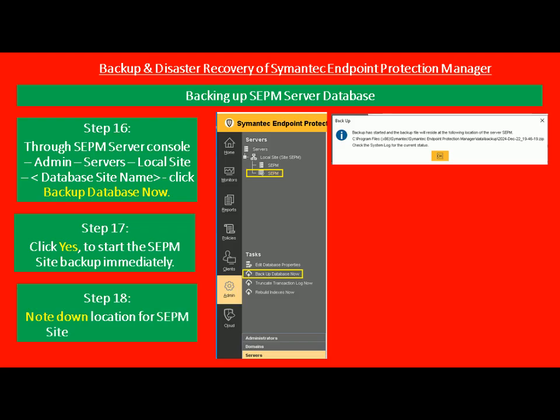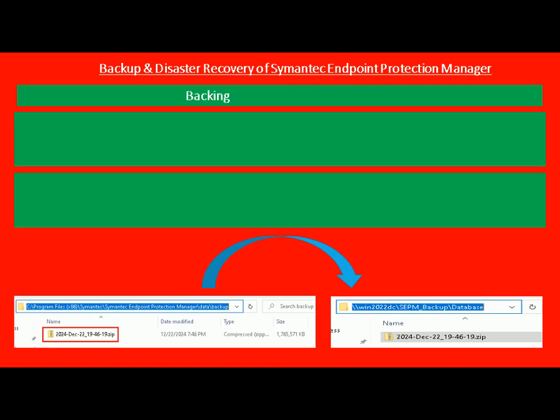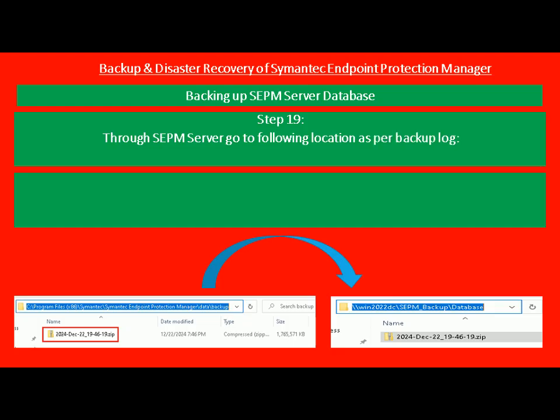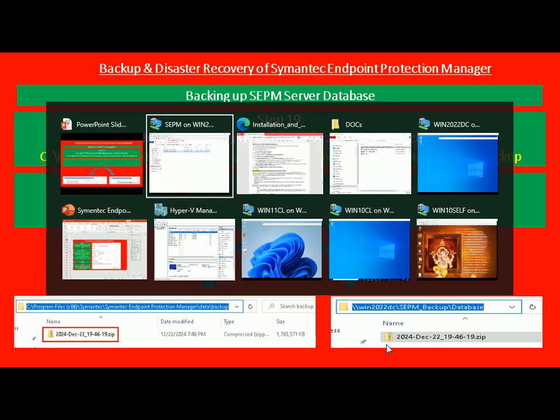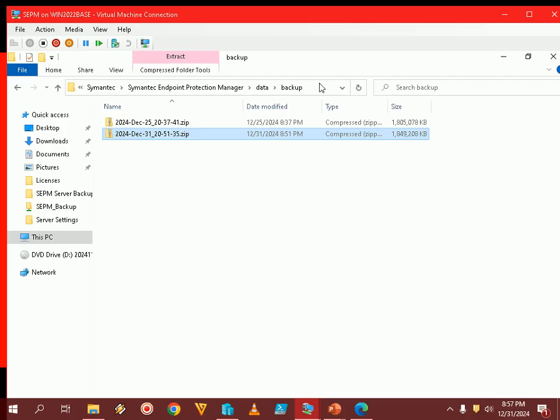So we have already noted down that location, the local location, C program files, right? And then backup SEPM server database. So through SEPM server, go to the following location as per backup log. So we have already seen this location, C program files x86, Symantec Endpoint Protection Manager, data, backup. I'm already in this particular path, right? This is a local path you can see over here. By default, your database backup is